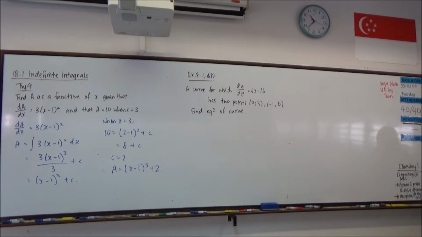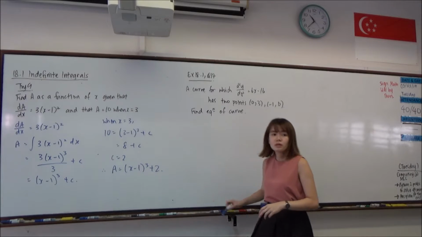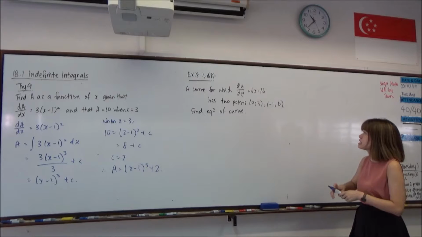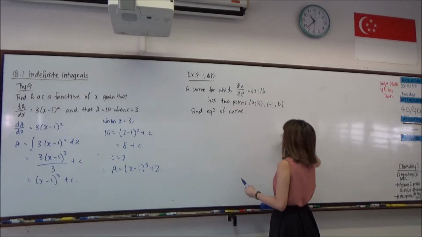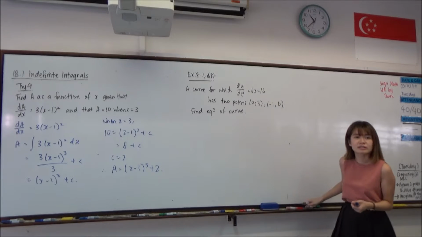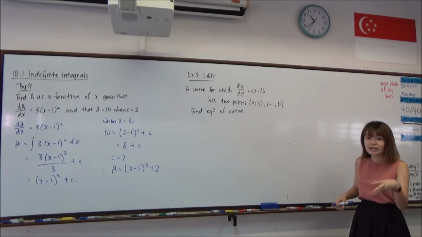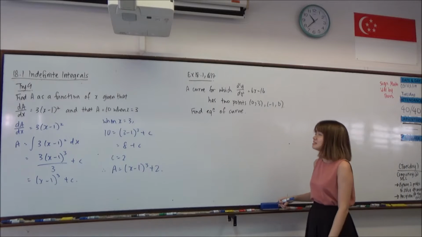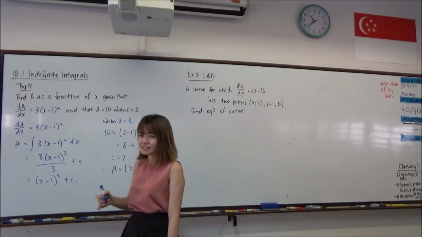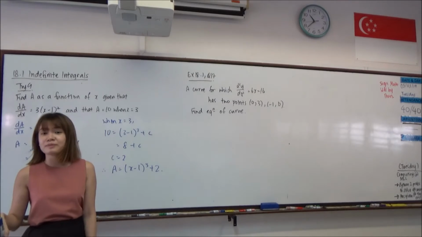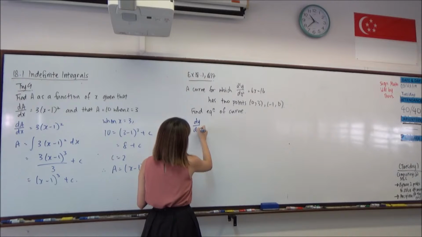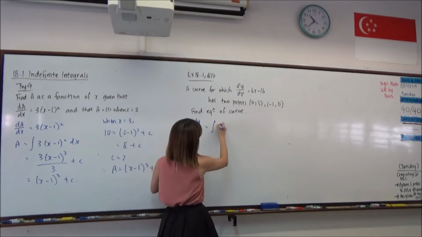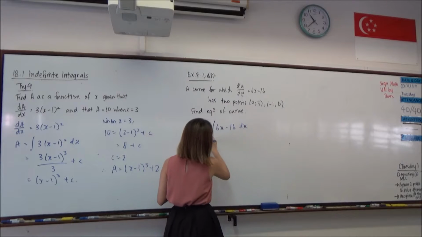Okay, what do you recommend that we do first in this case? So it's 6x minus 16. Can you integrate twice? Why can't we integrate twice? No, integrate once and then integrate again. Yes, that's what we should do, right? Because if we integrate once, what will we be getting? The first derivative, right? So okay, we integrate once first. So integrating this, you will be getting